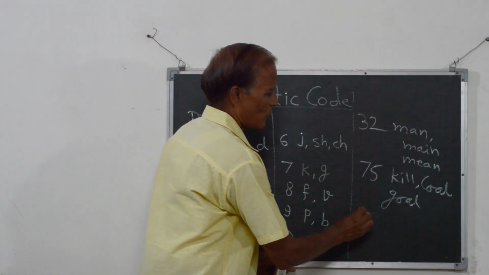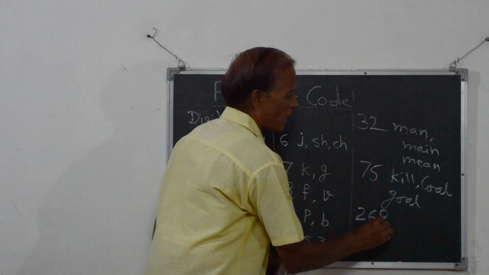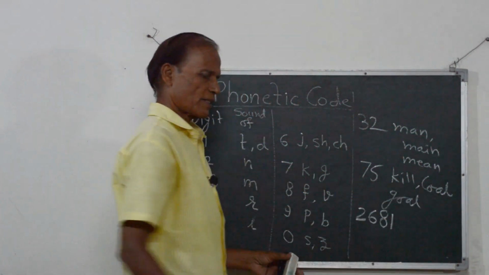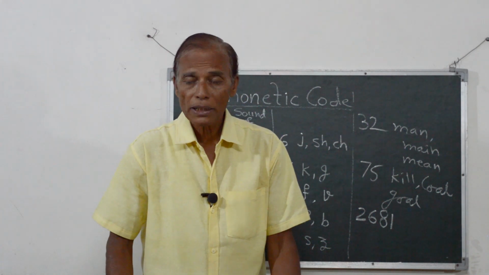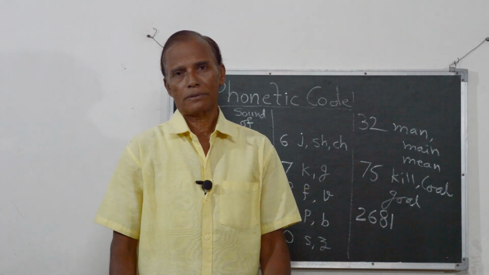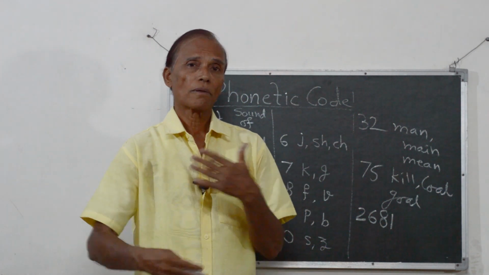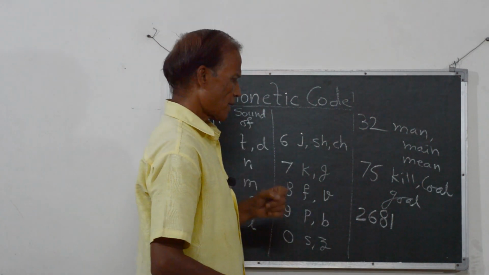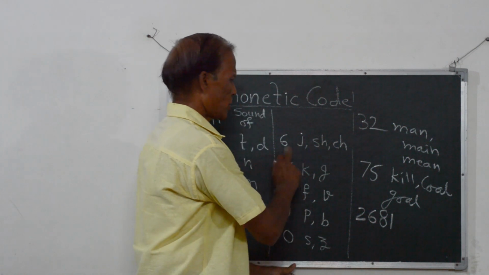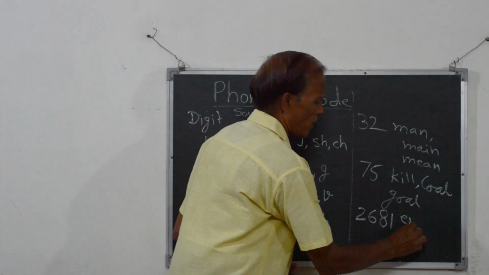I will now give a large number, a 4-digit number. If possible, that can be converted into one single word, or if not, you can use more than one word. I will convert it like this, N and J. So that gives us enjoy.